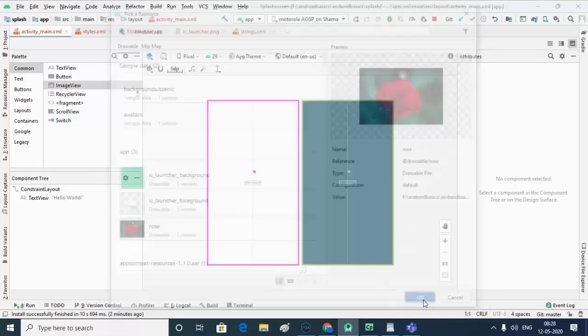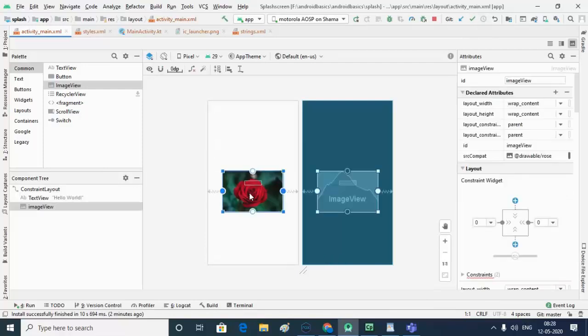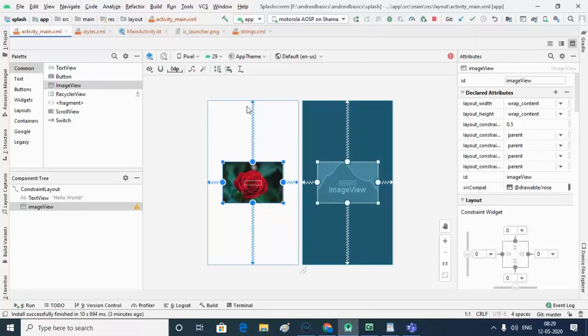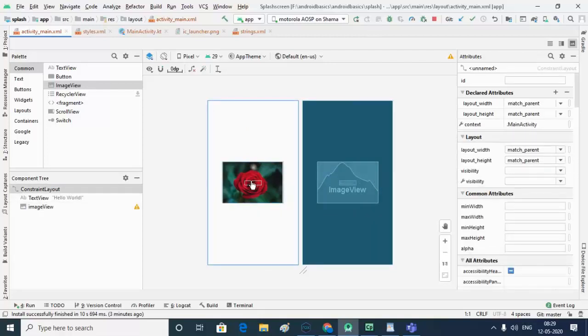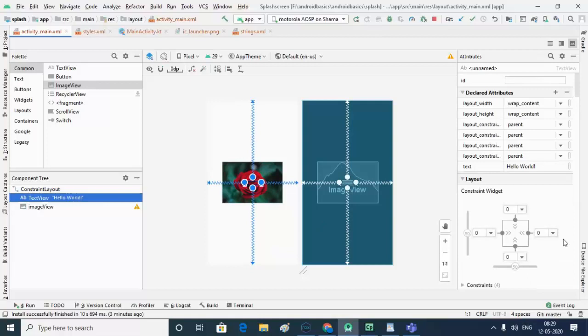Okay, and when it's loaded, now we want to align this into the center of our parent. So this center horizontally and center vertically. Okay. Now I change the constraint of this label, and I use this to show my application version.